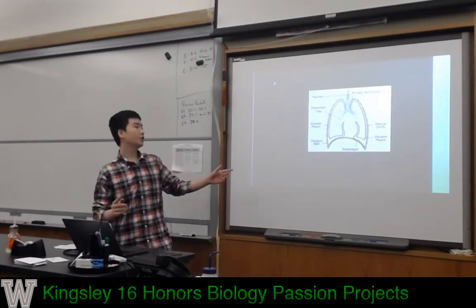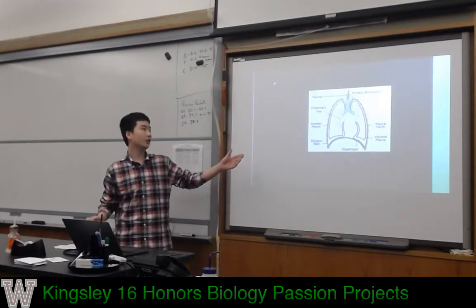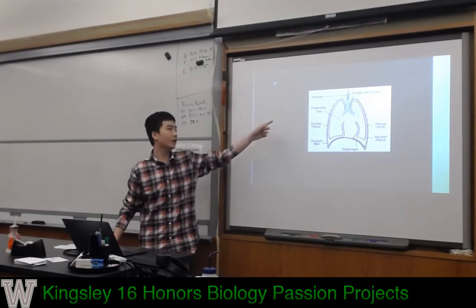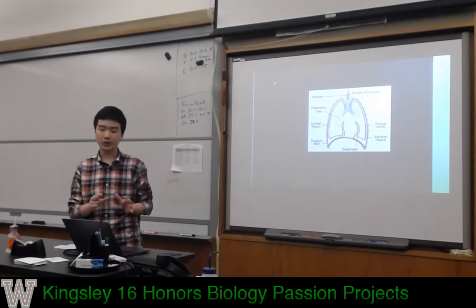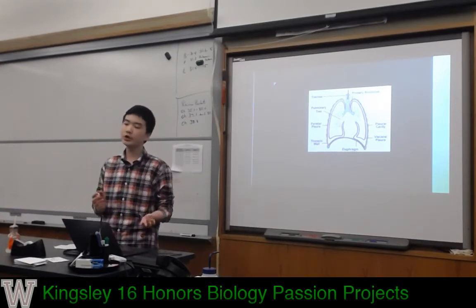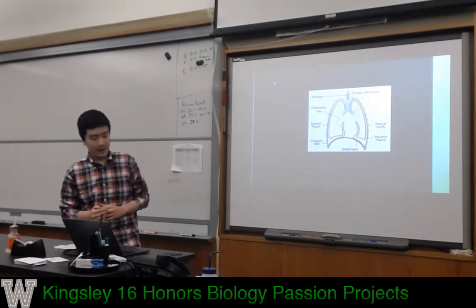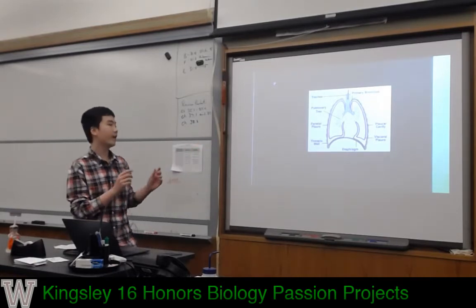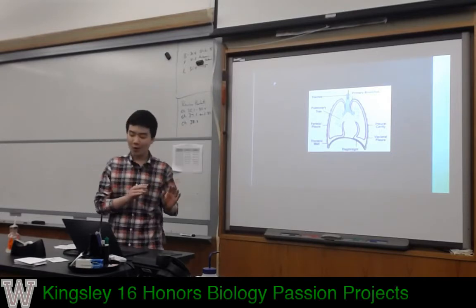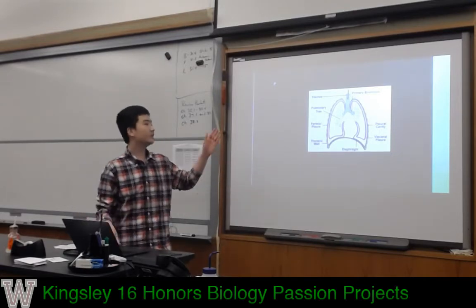This picture shows a lot of different parts of the lung. The trachea is an organ that connects the pharynx and larynx to the lung. And the primary bronchus is like a highway. Whenever oxygen comes in or carbon dioxide goes out, it all goes through the primary bronchus. And the pulmonary trees are a lot of veins that transfer the oxygenated blood to the right of our heart. So basically, these are the different parts of the lung.